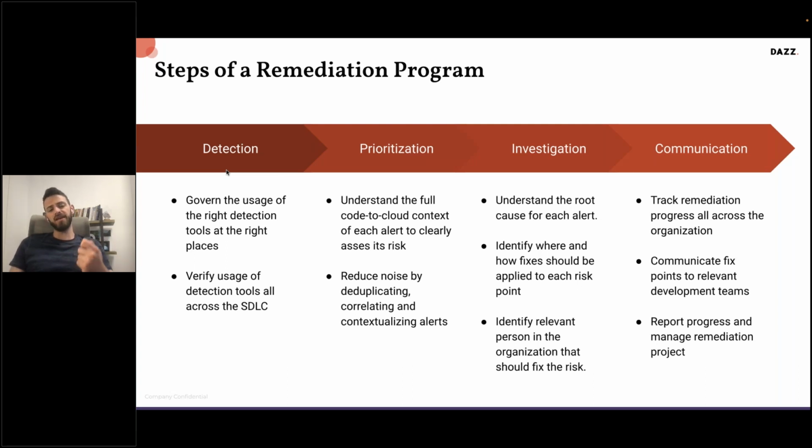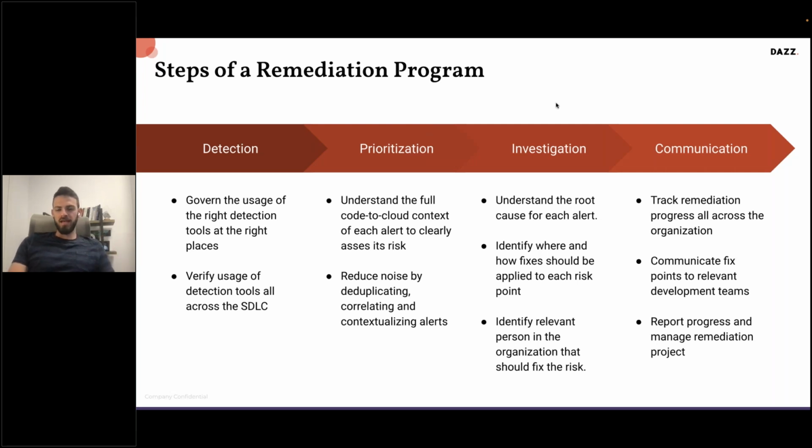And being able to communicate the relevant fix to the relevant person very quickly is extremely important and saves a lot of time in driving this remediation program and making sure you hit the spot of remediating quickly enough so you don't get breached. And so this is a general process that we recommend when tackling a new zero-day